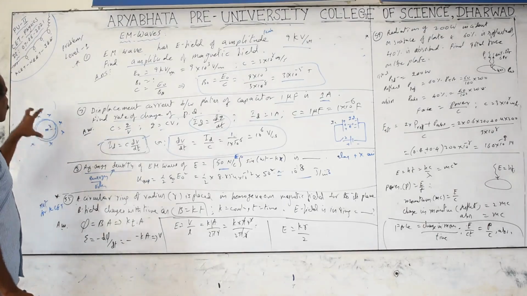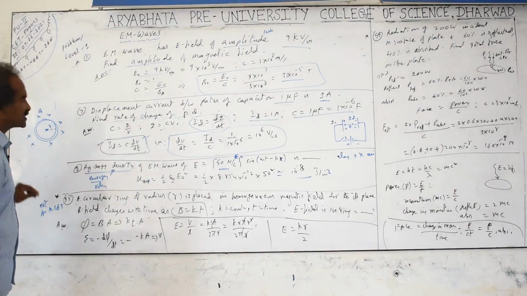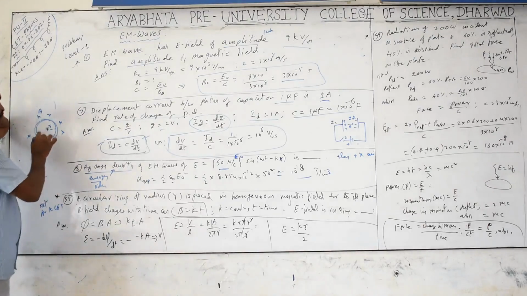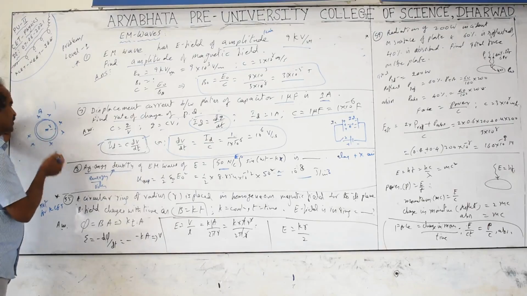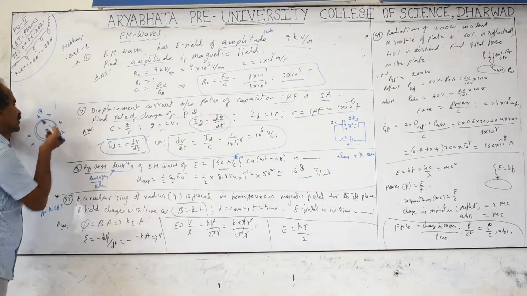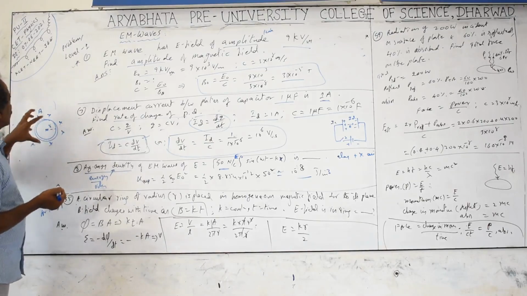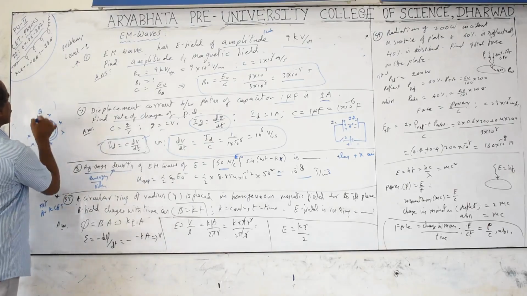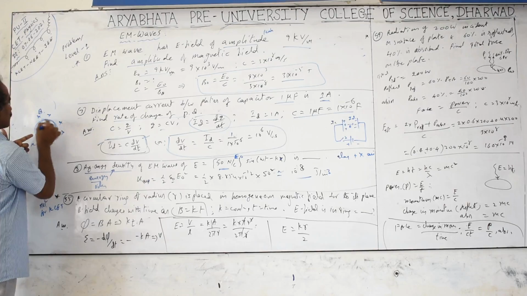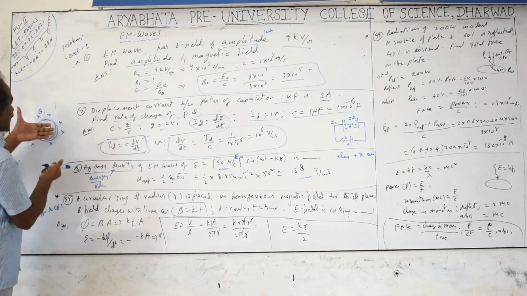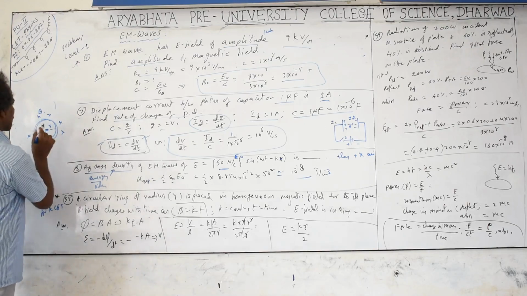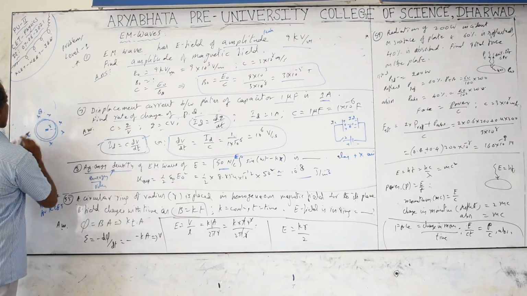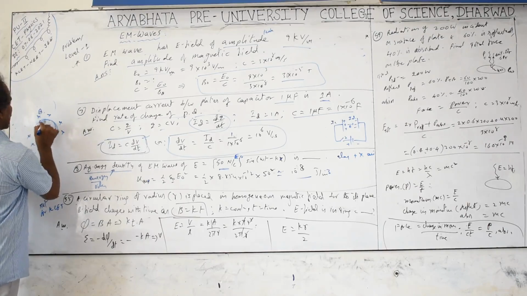EMF means voltage. It is the total voltage, and an induced EMF means current is also produced. The induced EMF always opposes the change of flux. If the flux is increasing, the induced EMF tries to decrease it. The field is inward and increasing, so the induced current must produce a field acting outward. Checking the direction, the induced current will be anti-clockwise.